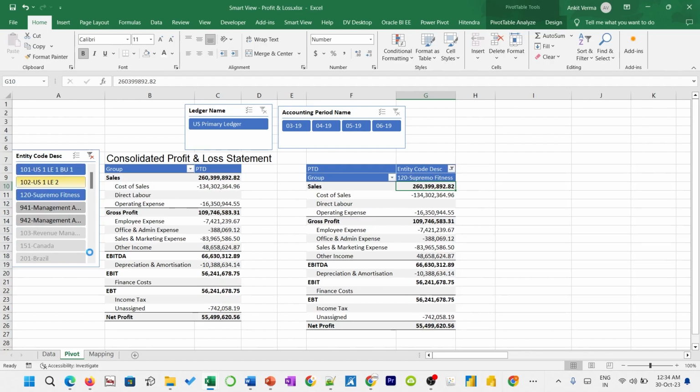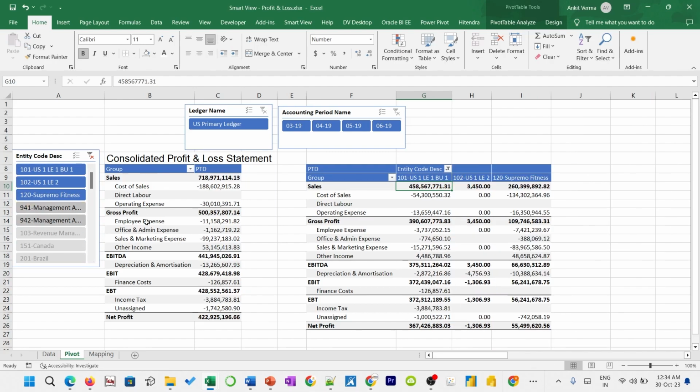And by default, as I have copied the pivot from here to the next one, both the slicers will be applicable to both the pivot tables. So now we have 3 entities available, the breakup of sales and GP across 3 entities for all the periods. So let me rename this as